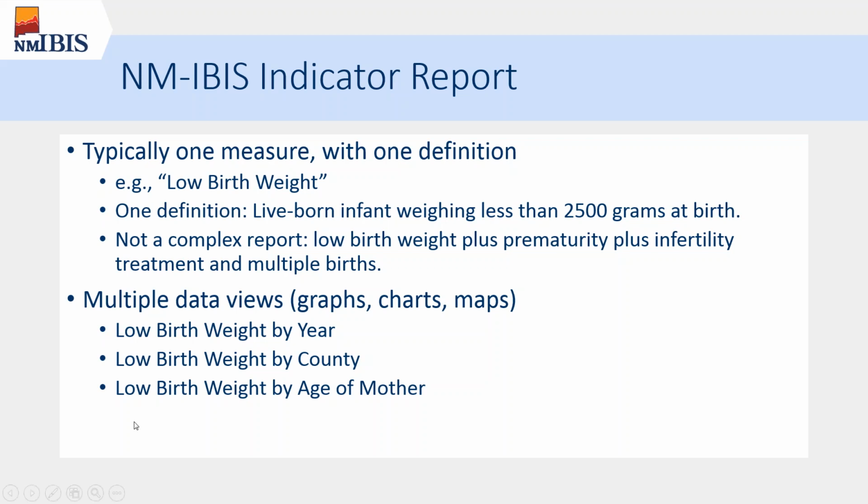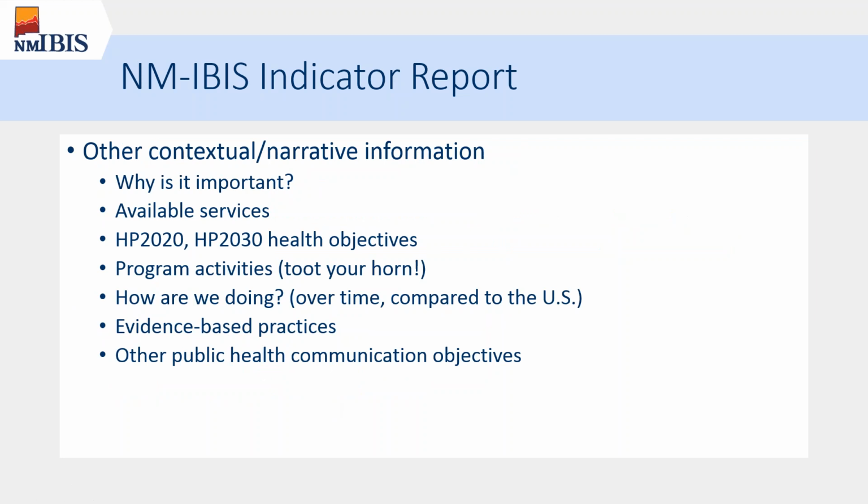It's one measure, one definition, with multiple data views. So you could have low birth weight by year, by county, by age of mother, or any number of other demographic or subpopulation categories. And the report also includes other contextual or narrative information. So of course the numbers aren't meaningful out of context. So that's why we provide some context to help people understand the data. So the admin application is designed to provide a way for you to organize and maintain this kind of information